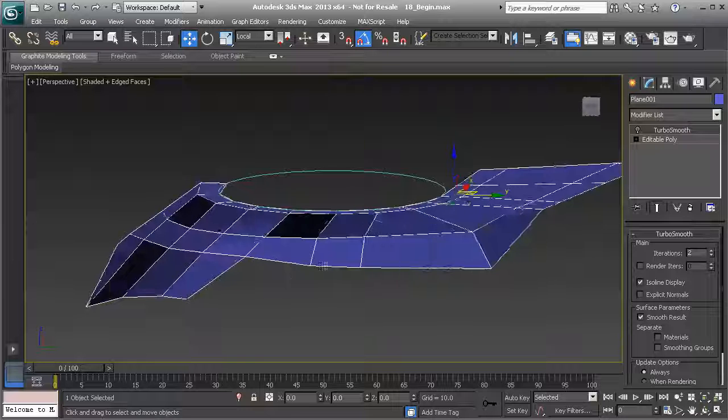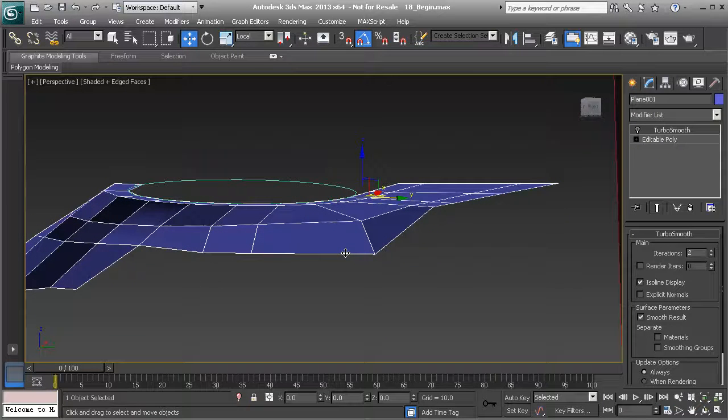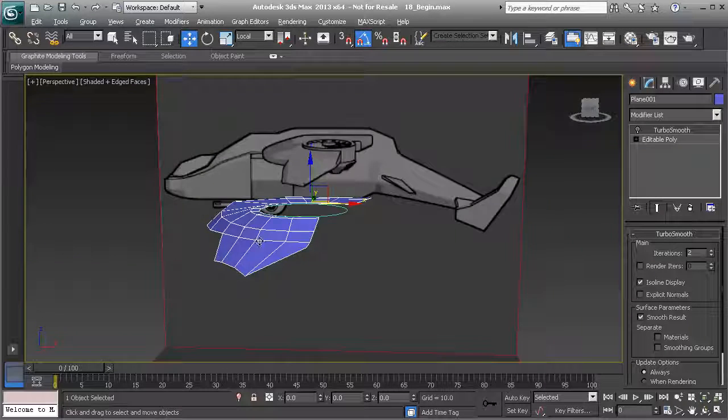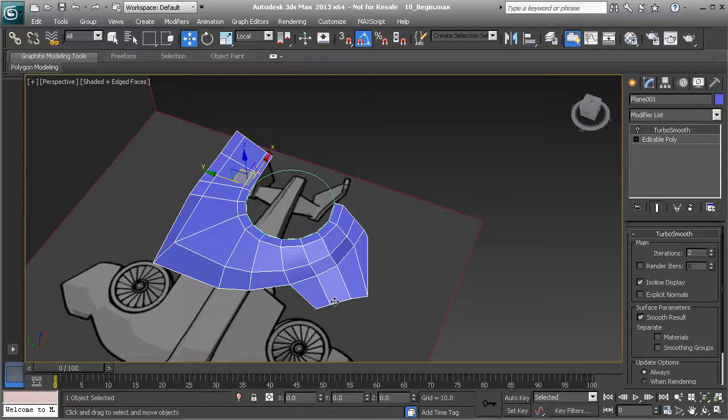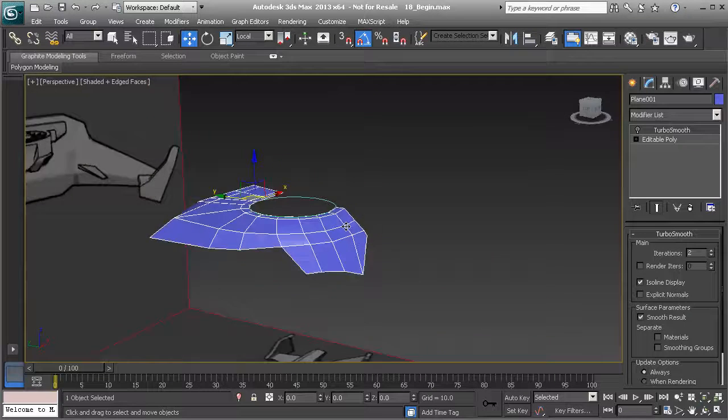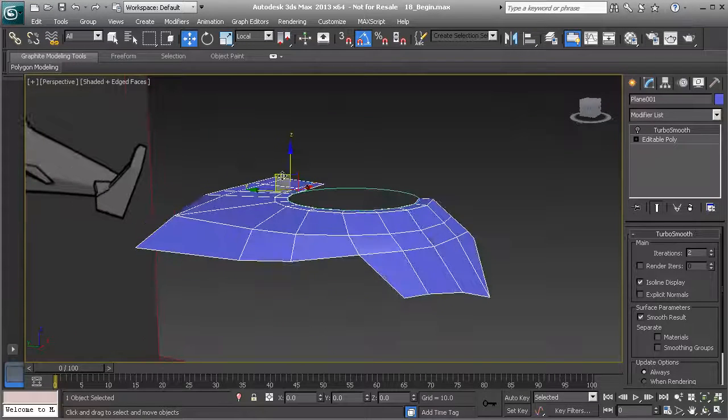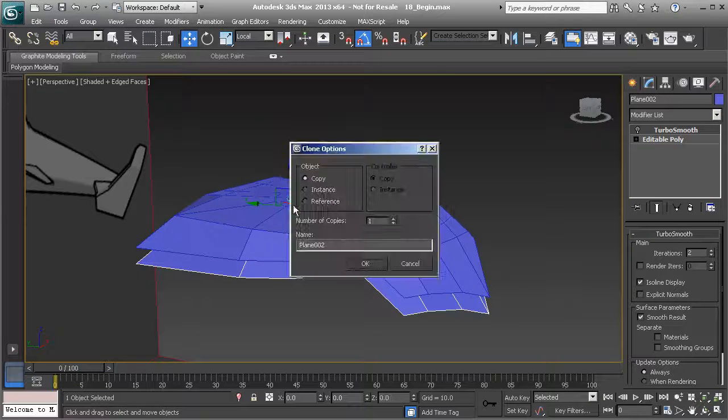And the way that this needs to be created is I need to create a more flat shape for the wing, but I need it to follow along with the overall contour shape of the wing. So a way that I can do this is I can make a copy of this model by holding down Shift and dragging that down, and I've just cloned that, and I'm just going to make that a copy there,